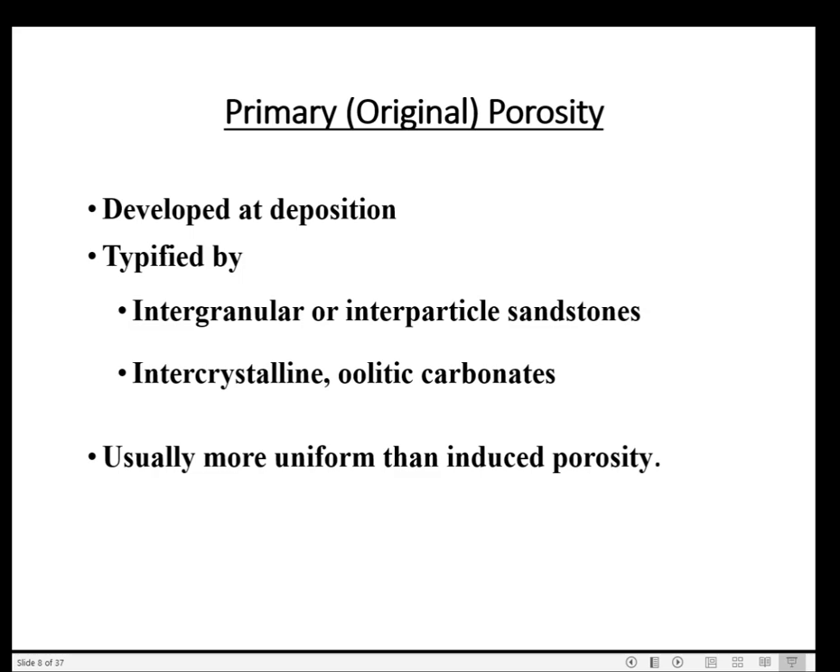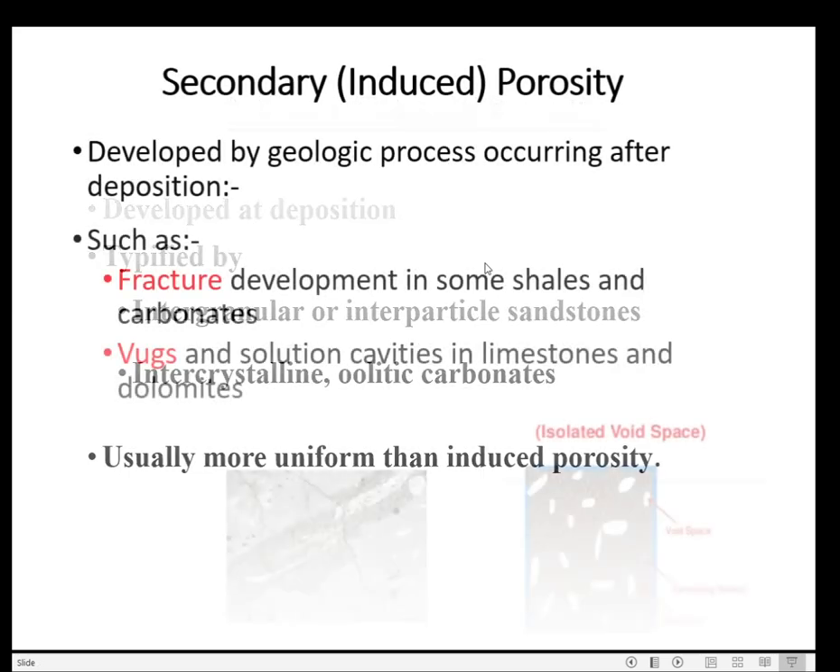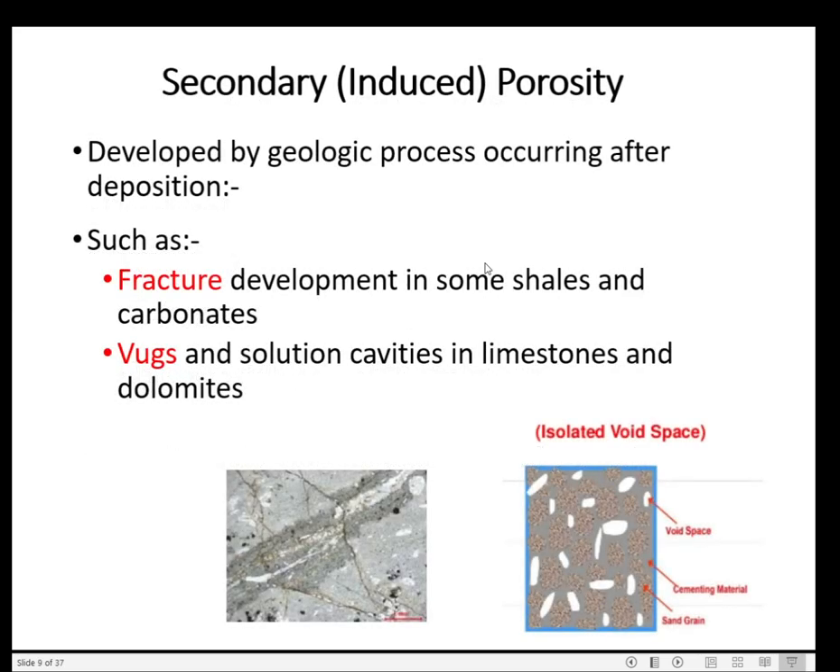And it's usually uniform compared to the induced. So you have to keep in your mind the primary porosity happened during the deposition. The secondary porosity actually comes after the deposition has happened, so some biological process occurring after that, maybe dolomitization, maybe some tectonic stuff like fractures or vugs. This is two types